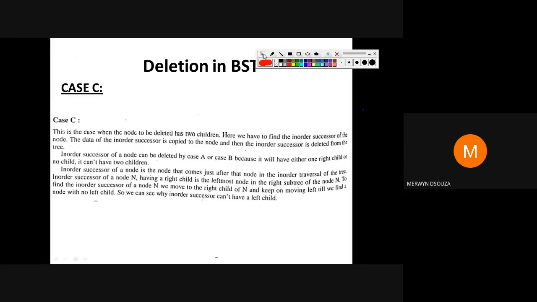The third case basically breaks down to either the first case or the second case. Just read it, I'll explain everything.